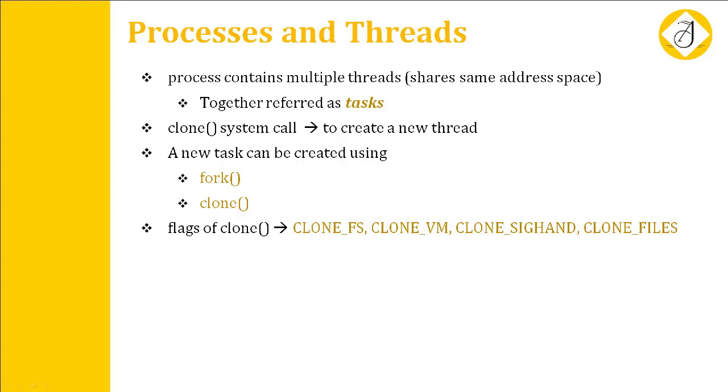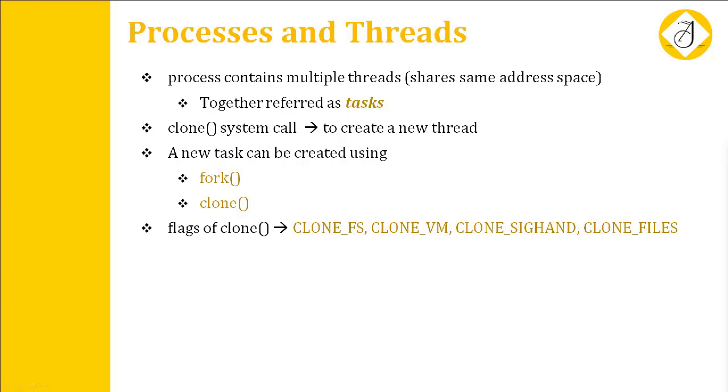So Linux uses the same internal representations for the process and threads. A thread is simply a new process that happens to share the same address space as its parent. Both these process and threads together are called a task. The difference between the process and the thread is only made when a new thread is created by the clone system call. So apart from this fork system call, the fork system call creates a new task with its own entirely new task context.